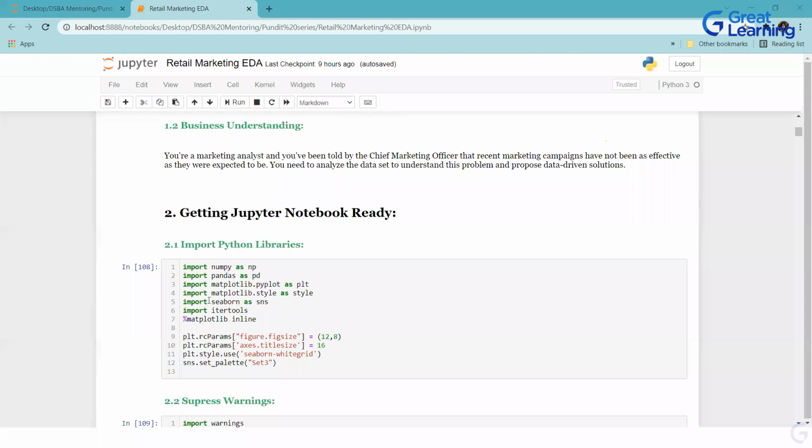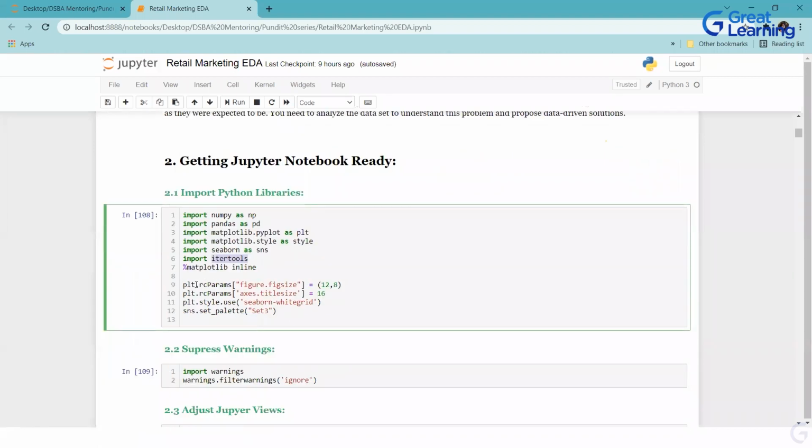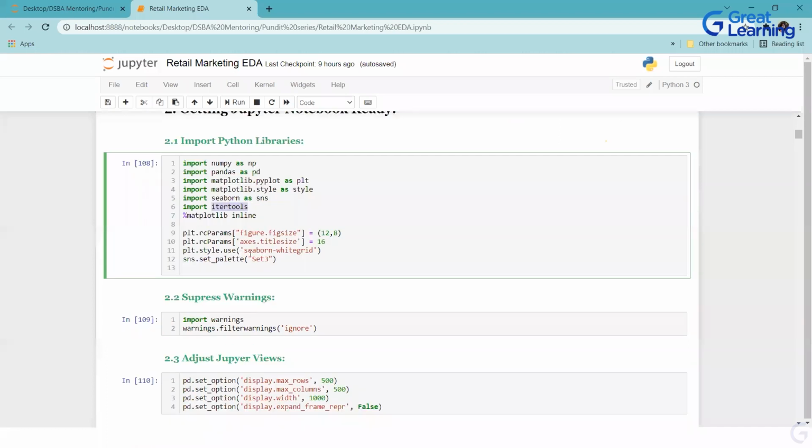You are pretty much aware of this. Itertools is for using enumerate for the iterations that you have. And this is PLT, which is for Matplotlib only. With rcParams, I'm setting the parameters by default so that each time I don't have to set the figure size for each and every visualization to 12 by 8. You can overwrite it by setting the figure size, that's perfectly fine, but I'm just setting it in one go over here. This rcParam is for the title size, and this is your grid, how you want to see the grid, and what color palette you want to see.